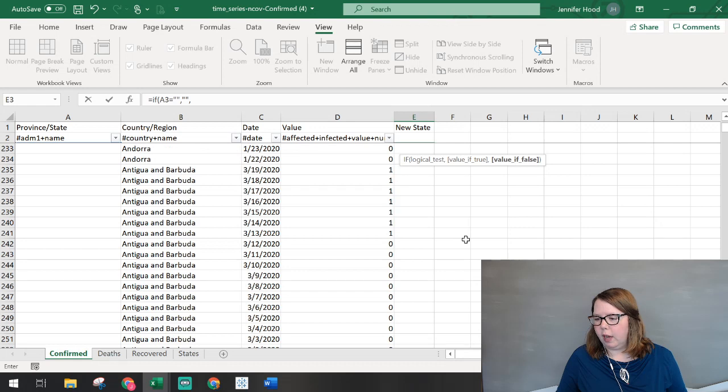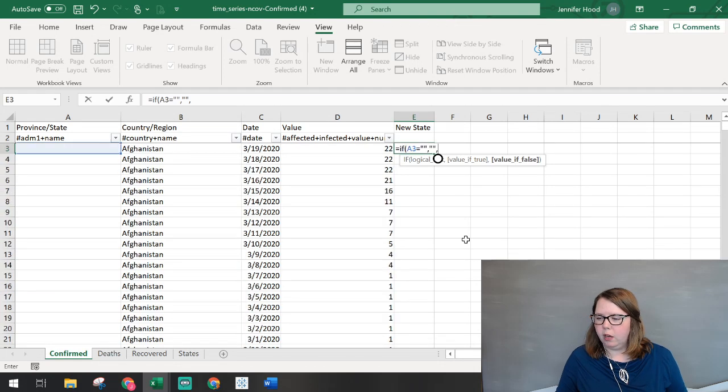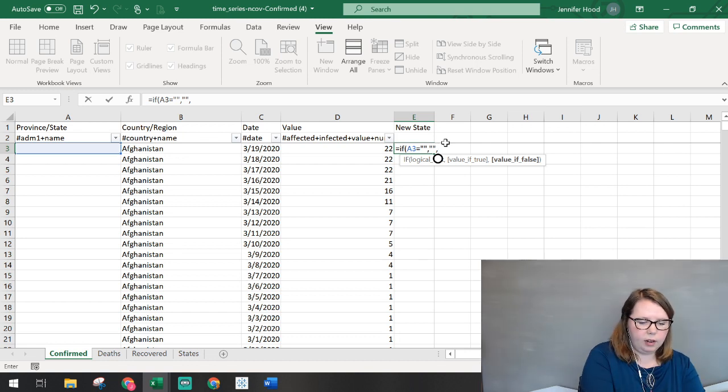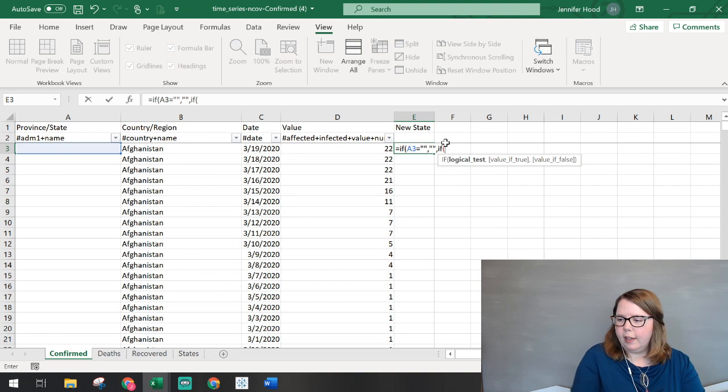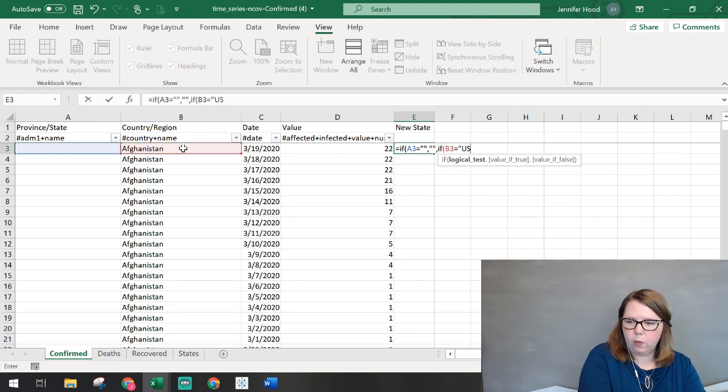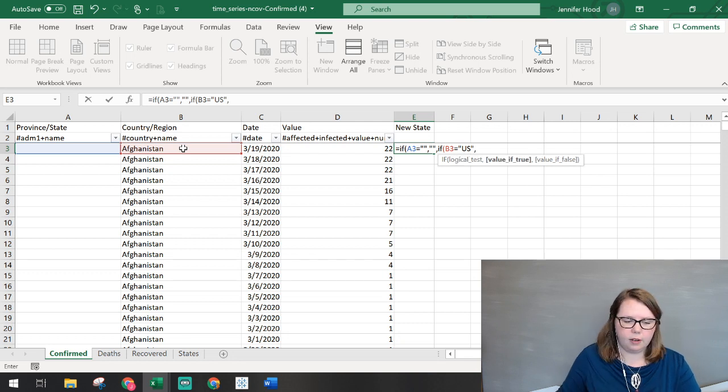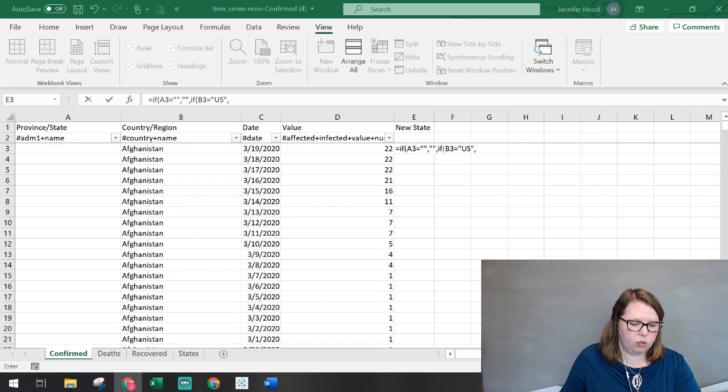We're only looking up on US information. So if it's not blank, then we're going to make another if statement. If this country name equals US, then we're going to do another calculation.